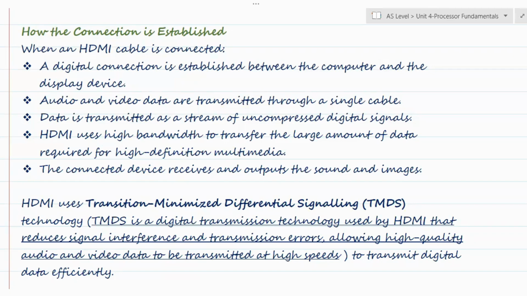HDMI transfers data as a stream of uncompressed digital signals. Because modern displays contain millions of pixels and often display high definition video, large amounts of data need to be transferred very quickly. HDMI solves this problem by providing high bandwidth.